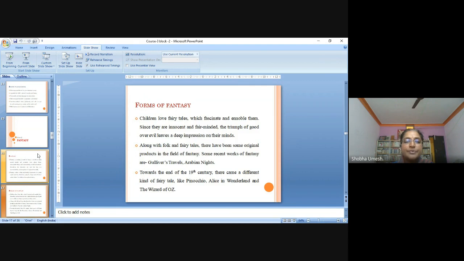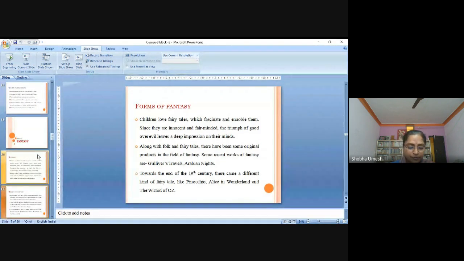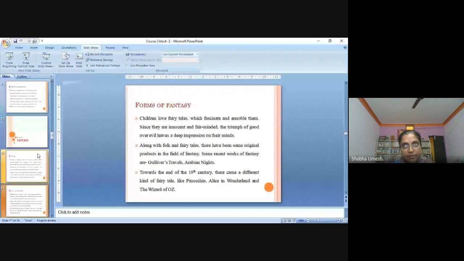So always we have to keep these things. Writing for children needs special gifts; we can see that they should be gifted. And also you need to have a child's mind. When you start writing for a child, you have to step down to the level of a child. You shouldn't think like an adult. You shouldn't imagine certain things from your point of view. So you have to step down to the level of a child and think according to his understanding.